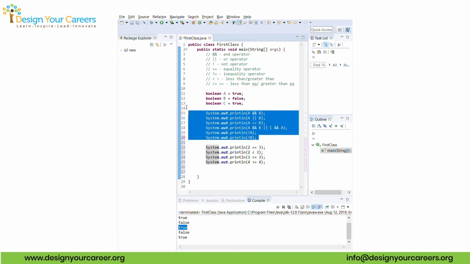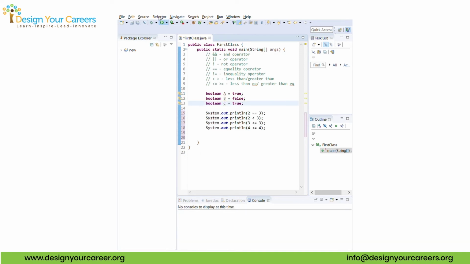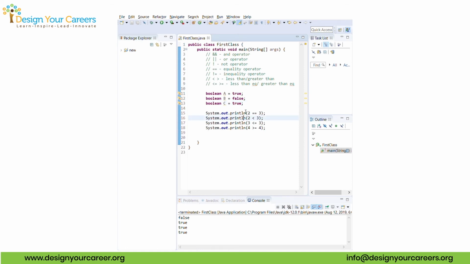So let's actually get rid of this for now. And print this, and it should print false, true, true, true. And that's exactly what happened. All right, let's bring that back. And just as a quick reminder,